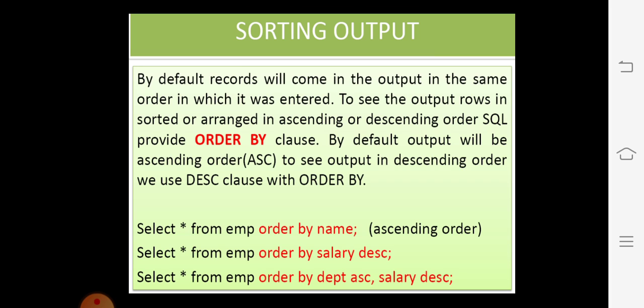We can also give two column names along with ORDER BY. The only thing is, we need to provide a comma to separate the two columns. The compiler will first rearrange according to the first column, then go to the next column given. By default, we get the sorting on the second column given.